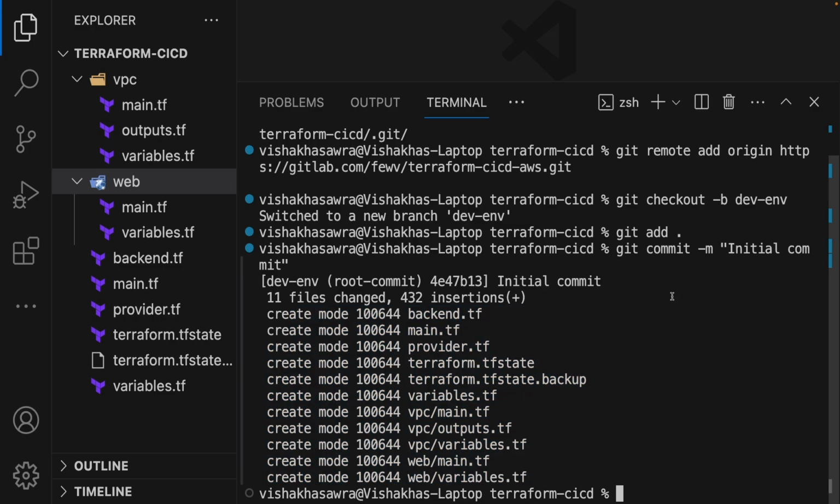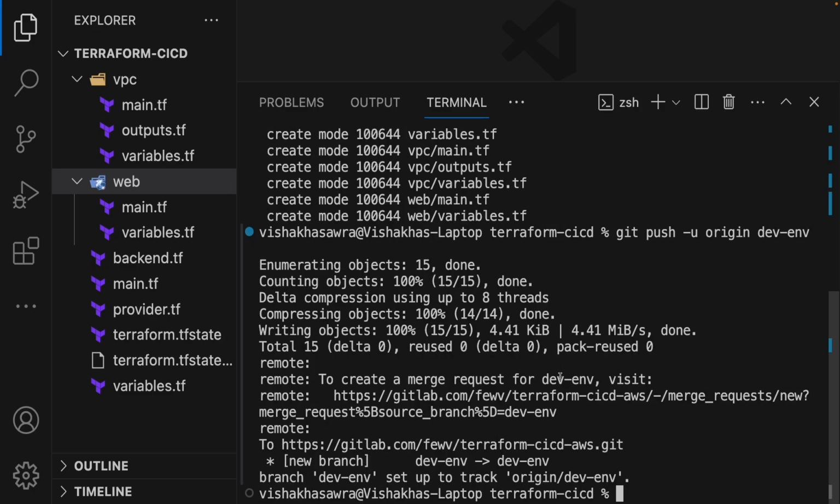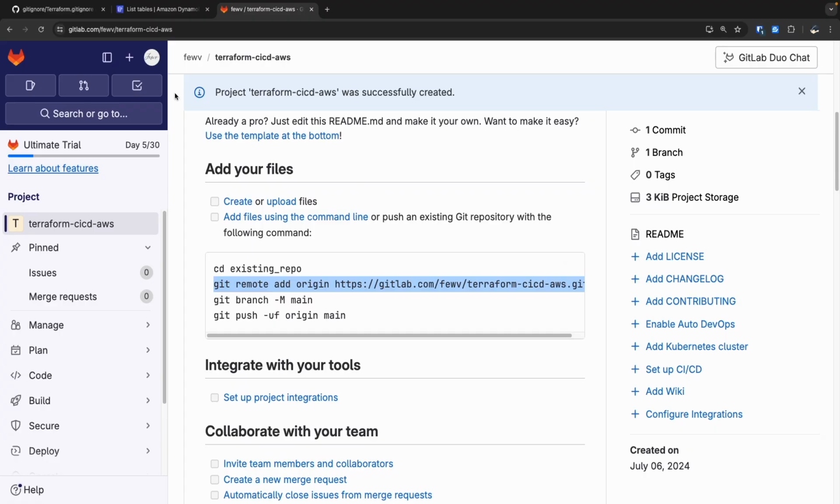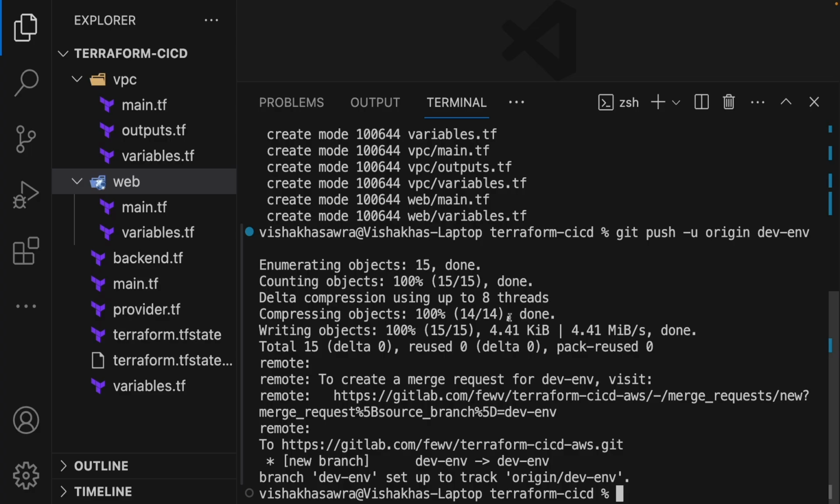So to push the file to GitLab we have the command git push -u origin, and then the branch name, in our case it is going to be dev environment, and this is done. So when you head back to the GitLab's repository, refresh this page, and you should have this create merge request button over here. For some of you it might ask you to provide the username and password for your GitLab